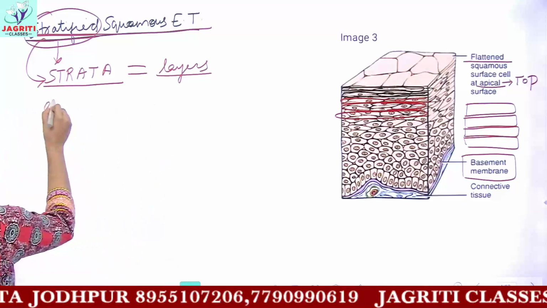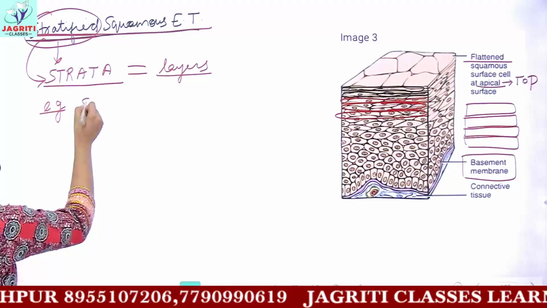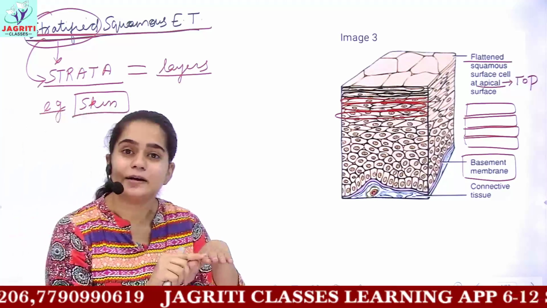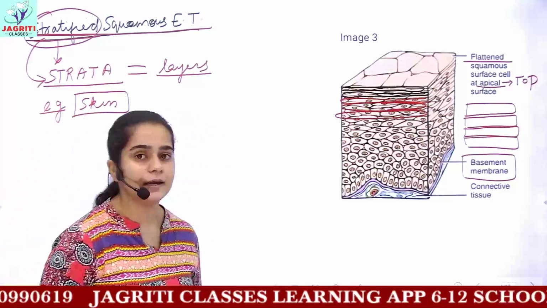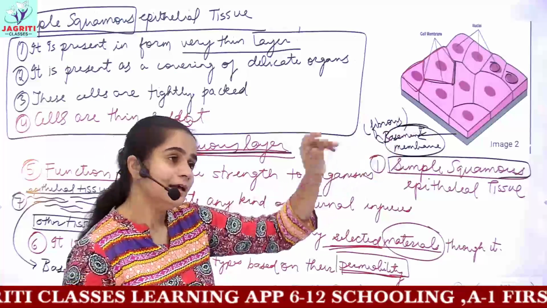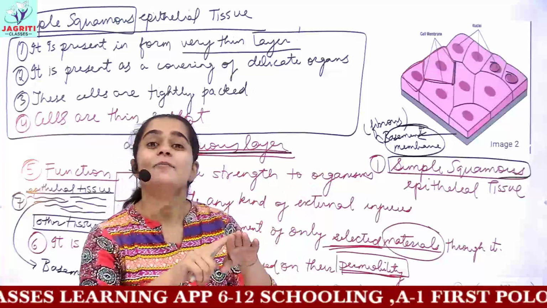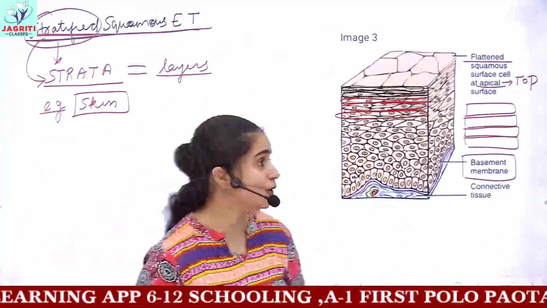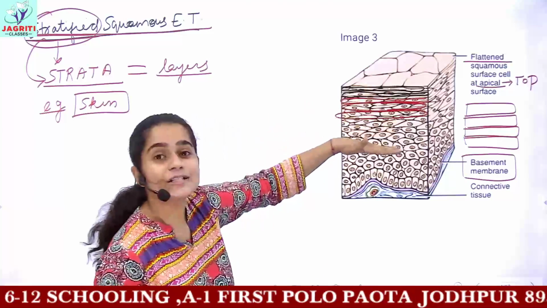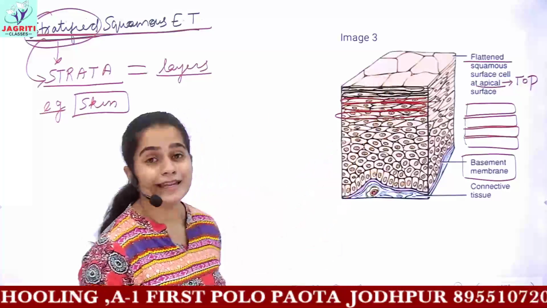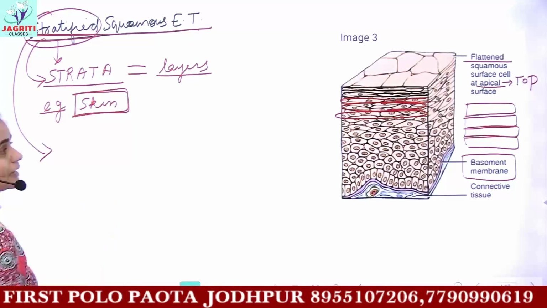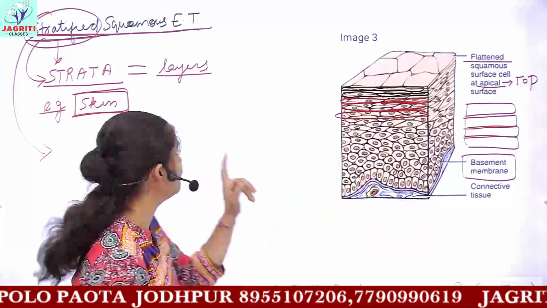So the example of stratified epithelium which we have is our skin. Because our skin is not a very fine layer, okay? If I rub my skin, it doesn't get ruptured. If it was made from this simple epithelium, then on rubbing, it would get damaged. But we know this is not so. Our skin does not easily get damaged because it is made up of many layers of cells. And so it protects. If I tell you the example is skin, this type of stratified epithelium is present in skin.